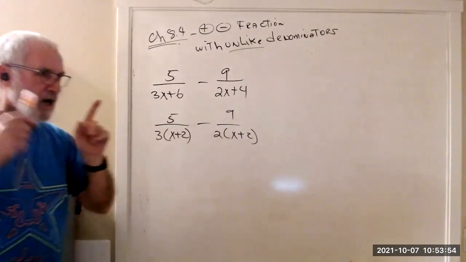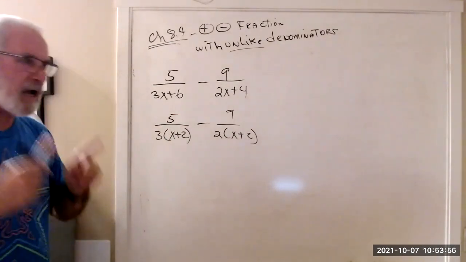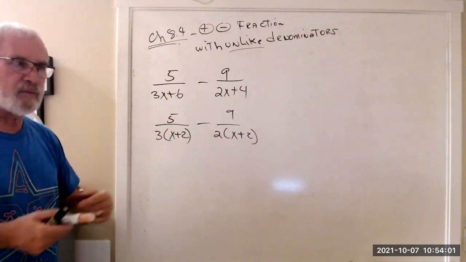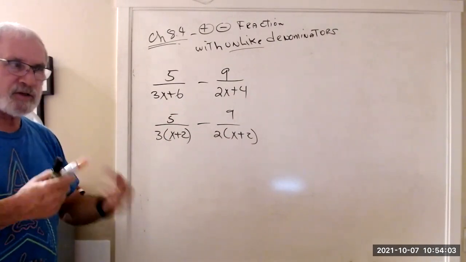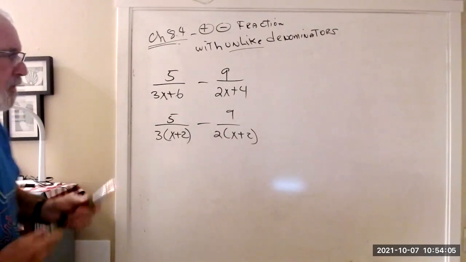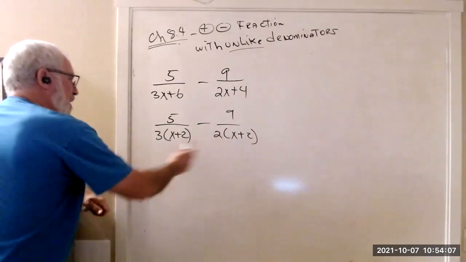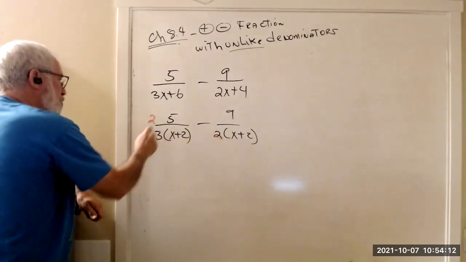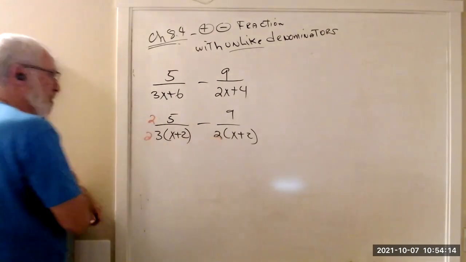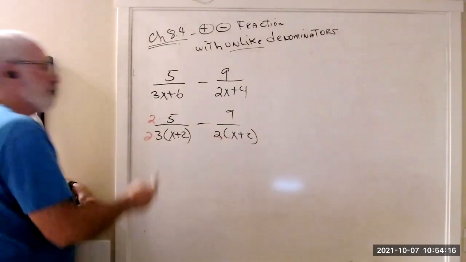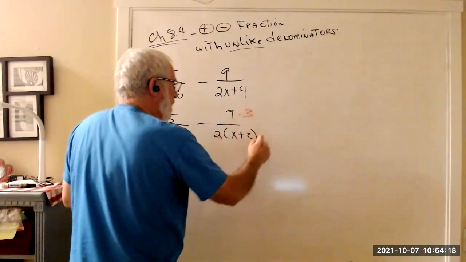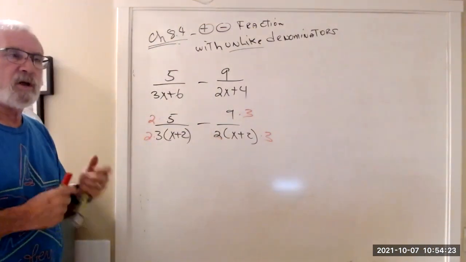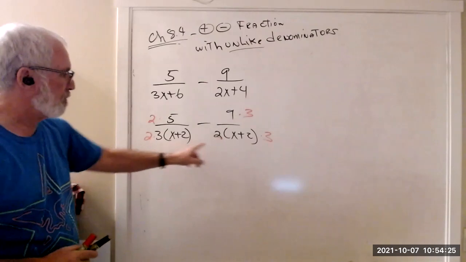So remember, I'm a mathematician. I'm lazy. What's the lowest thing I can multiply by to make these the same? What I'm talking about is, if I multiplied this by 2 on top and 2 on bottom, and if I multiply this by 3 on top and 3 on bottom, now the denominators would be the same,